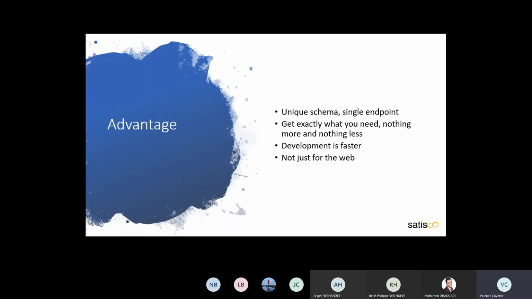So now we can speak about advantages of GraphQL. Yes, the first and significantly, we have only one schema, so one model on the server side, and we have one single endpoint.